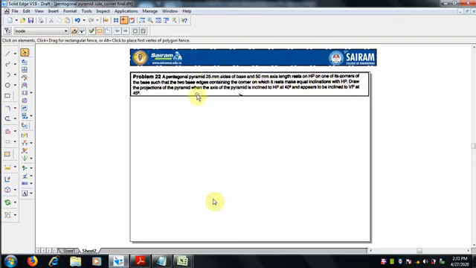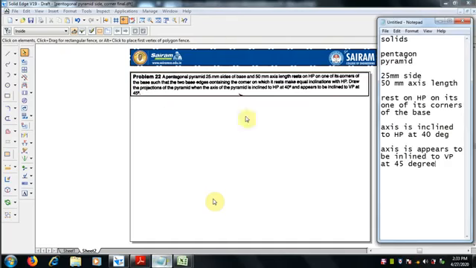Draw the projection of the pyramid when the axis of the pyramid is inclined to HP at 40 degrees and appears to be inclined to VP at 45 degrees. So in short, it's a pentagonal pyramid, the size is given as 25 and 50, and it rests on one of its corners of the base.